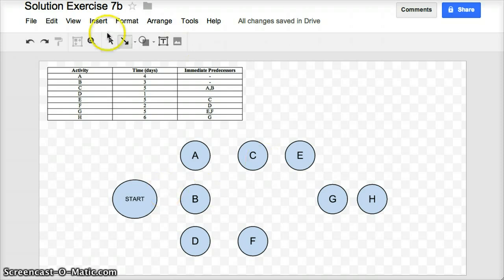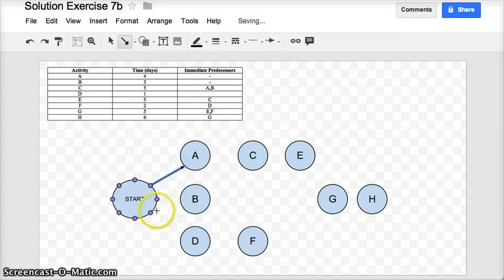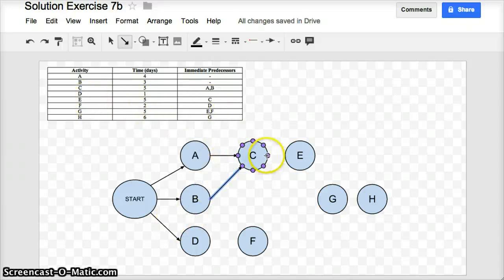So let me change to my arrow tool and I will start drawing arrows between start and A, start and B, start and D, and then I need an arrow between A and B leading into C, and going down to E is dependent on C, so I need an arrow from C to E, and F